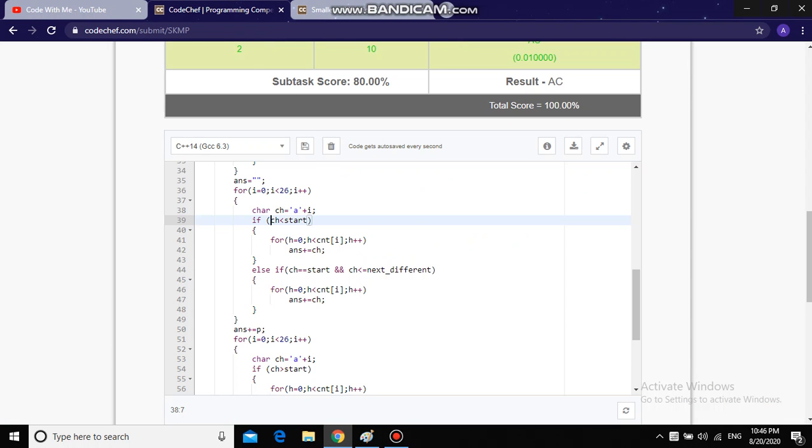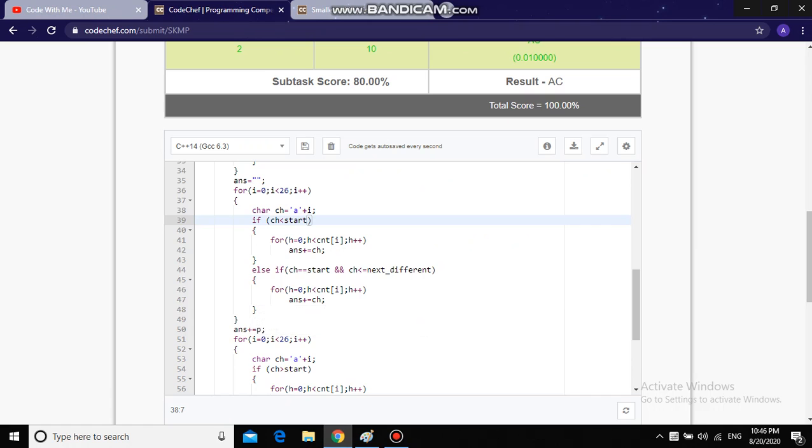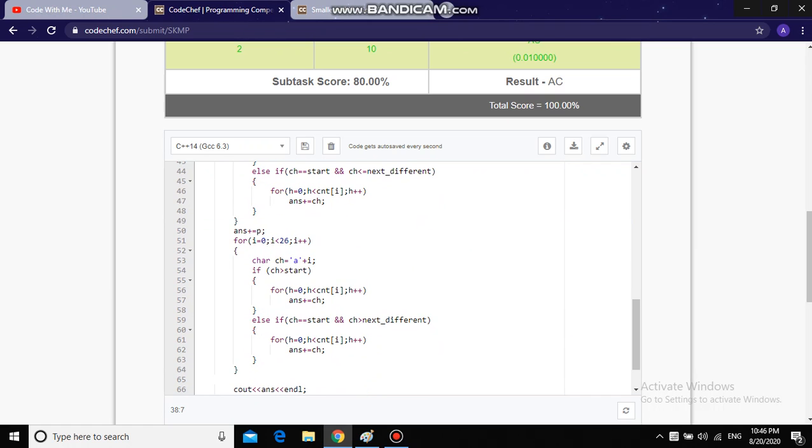Now we'll add P in the string. Initially for the beginning we got A as string, then we'll add P as a substring in it, and then we'll use another loop for finding characters which are to be appended at the end. I will find out the character.